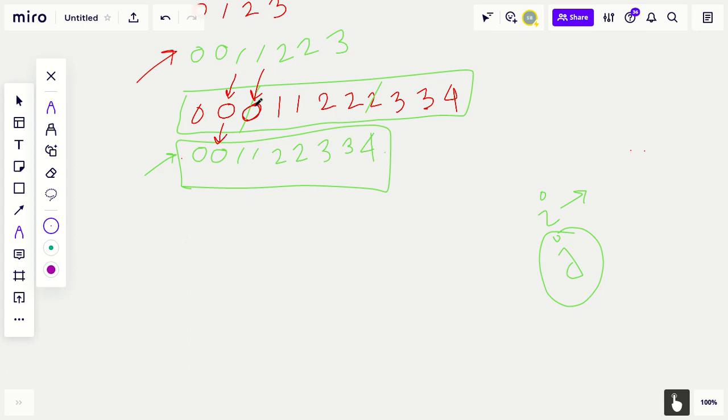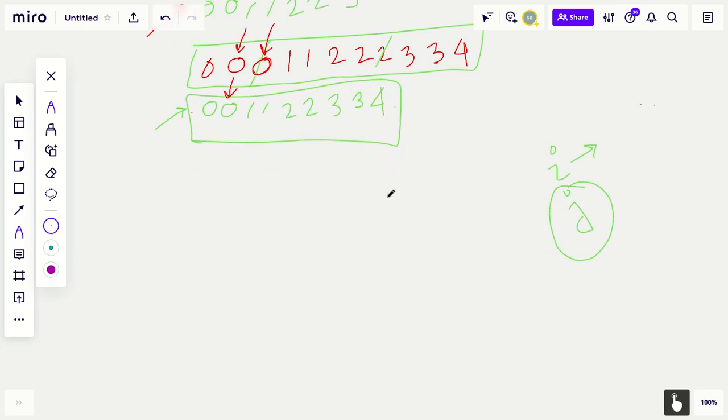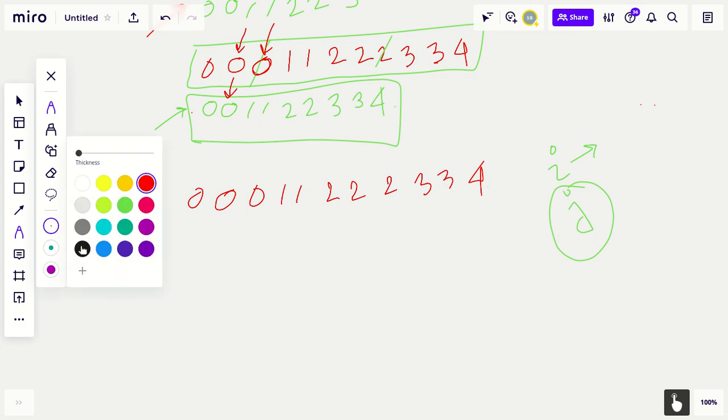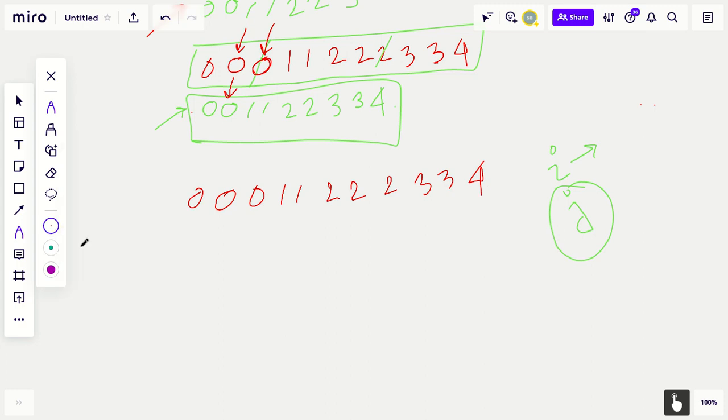So what we can do is let me copy this again. 0 0 0 1 1 2 2 3 3 4. Now we want to start i from over here. Why? Because we know that the first two places are going to have unique integers no matter what, isn't it?